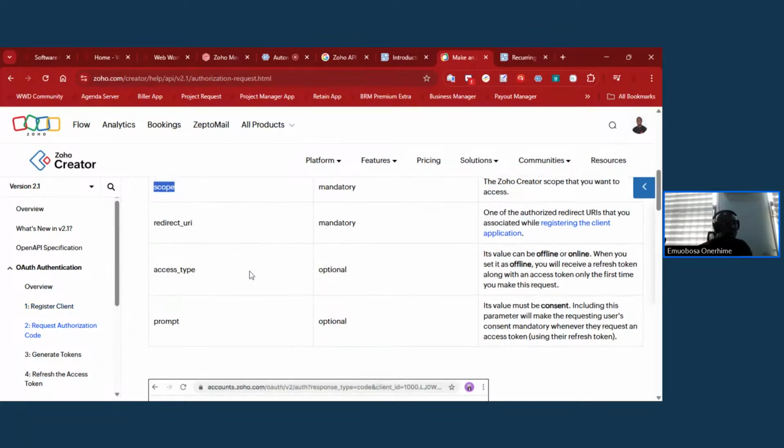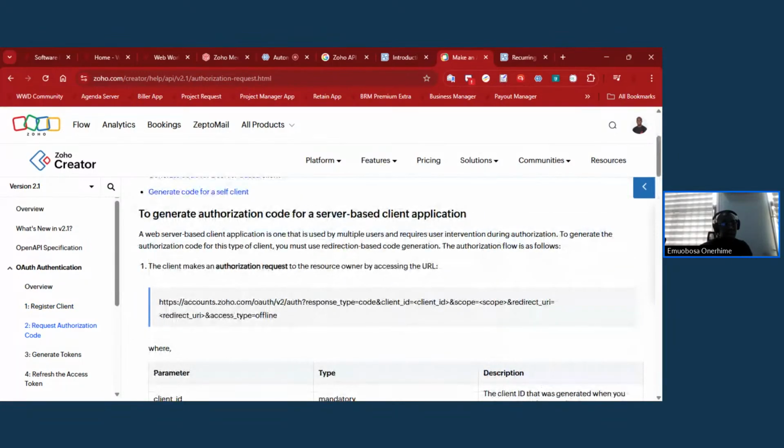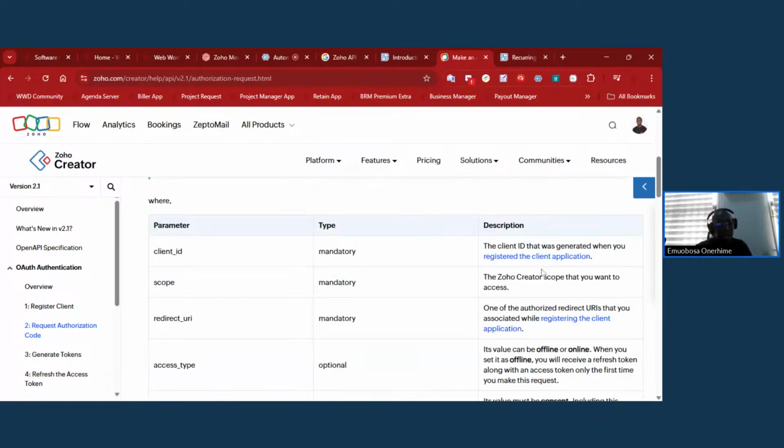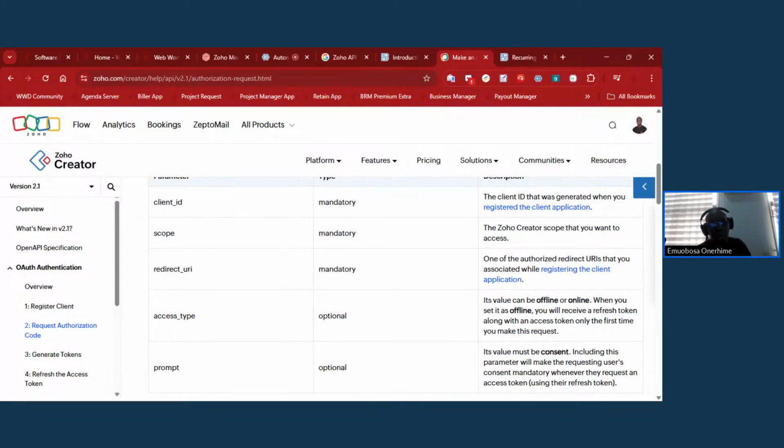So in terms of a structure for data, it's important for you to know that when you are making URL requests, you need to register the application. You need to register the application before you can ask users to submit such requests. So when you register your application, your client ID will be passed here, along with one of the authorized redirect URIs, which is what is specified when you register the application,